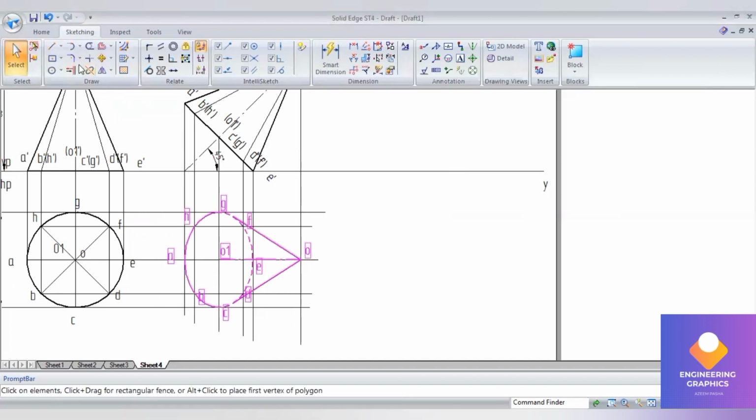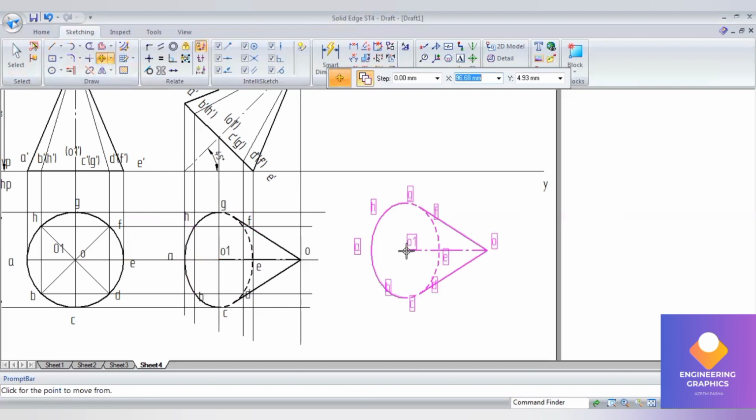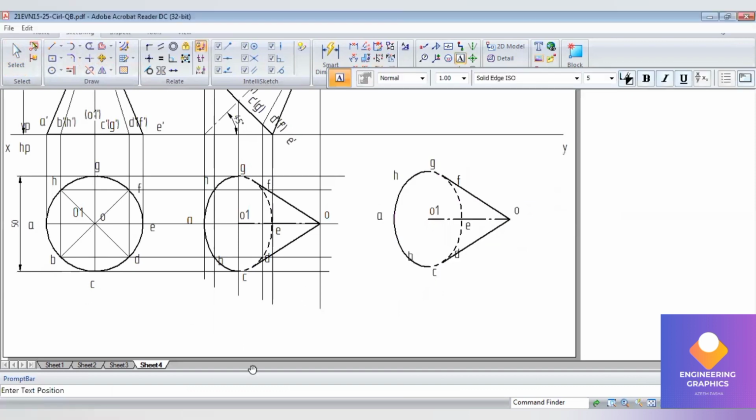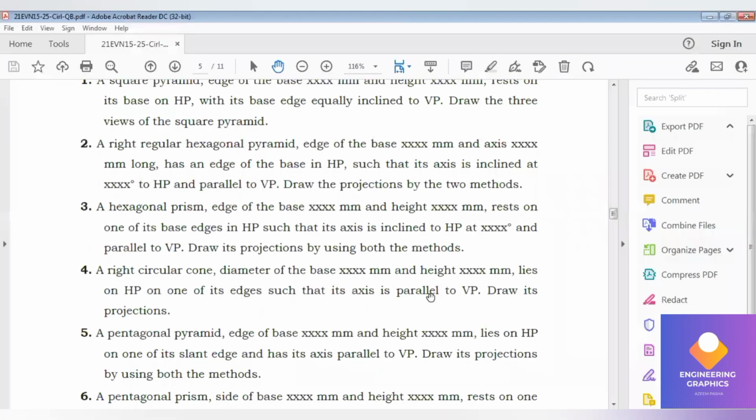Select the second position top view. Go to the move command, create a copy. So to make that axis parallel to VP,